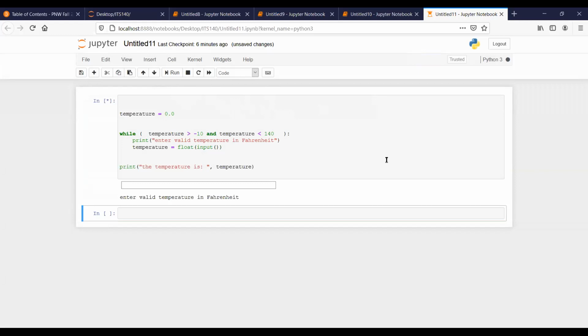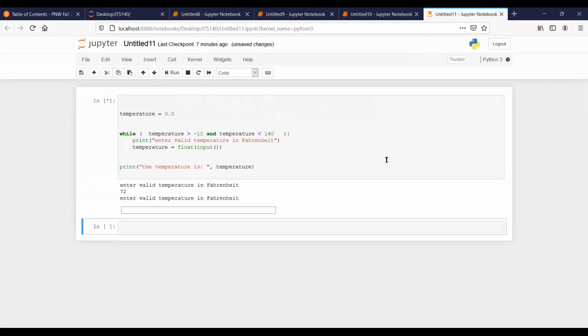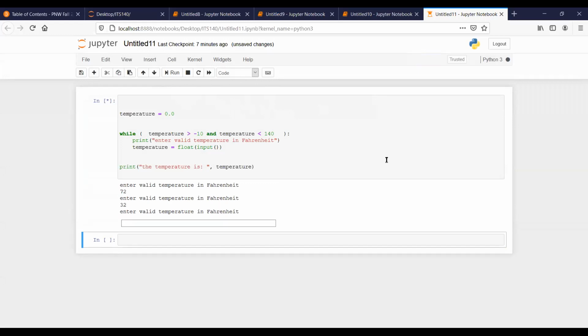All right, so if I enter a valid temperature, today is like 72. So when I have 72, I want to exit. But it did not exit, you see that? 32 is also in the valid range and it won't exit. So what could I do with my current logic to fix that? Do you think? Any suggestions? Guys, any suggestions? Can I say like if input is in range